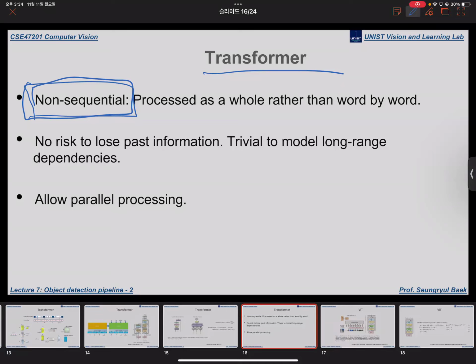So there is less probability, no risk, of losing the past information. Actually, that's the motivation for developing LSTM compared to RNN. But the transformer reduces such risks